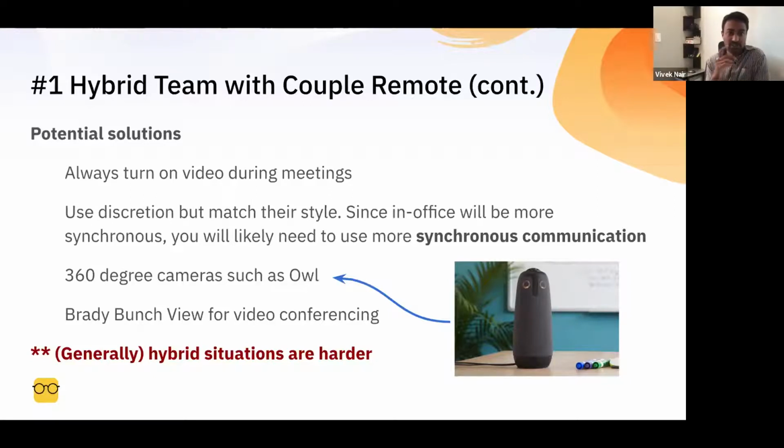One thing that's interesting about hybrid teams is that they tend to be very synchronous focused, just because a lot of in-office teams tend to be very synchronous. And even though I don't necessarily agree with that in all circumstances, it's important to note that as a remote worker, you just need to make sure that you're included in these conversations. So you need to match their style as much as possible.